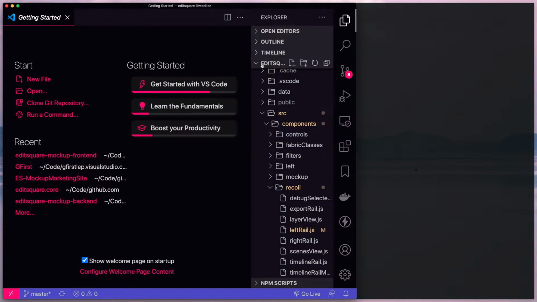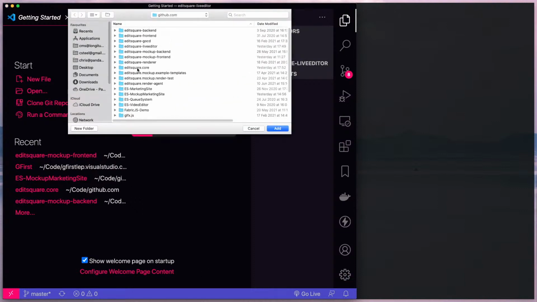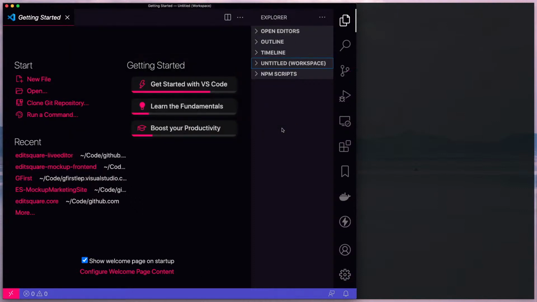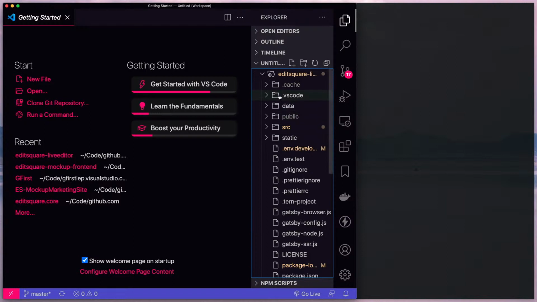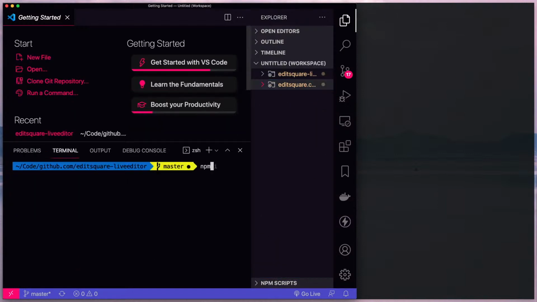And while we're here, we're going to add into this project the core project, if I can. Add folder to workspace. Here we go. Just add that in there. Okay, cool. So now we should have all our files open. Which we do. Got live editor and we've got core. Let's kick off